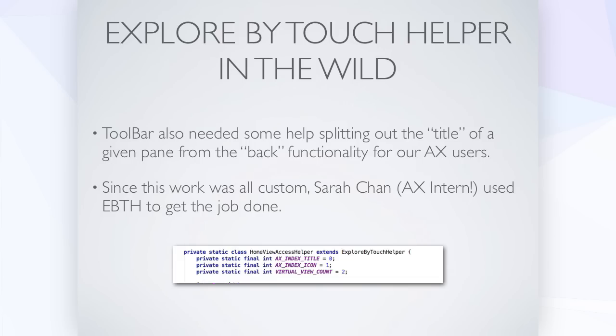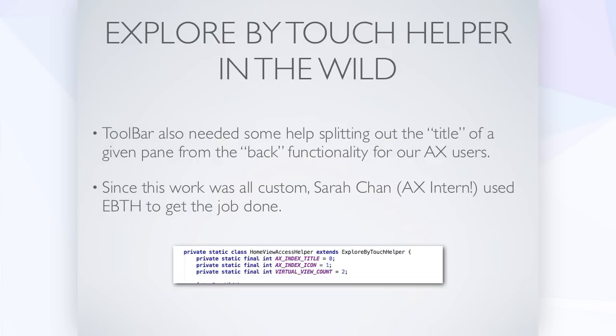And we have Explore by Touch helpers. We have, I'm not sure how many now in the app, a few for custom work we've done. And for example, our home view. Our home view was all kind of custom rendered, and we wanted to allow users to tap back or to tap on the actual name for the view that they were currently in, because that was all just one big thing and they couldn't differentiate between going back or